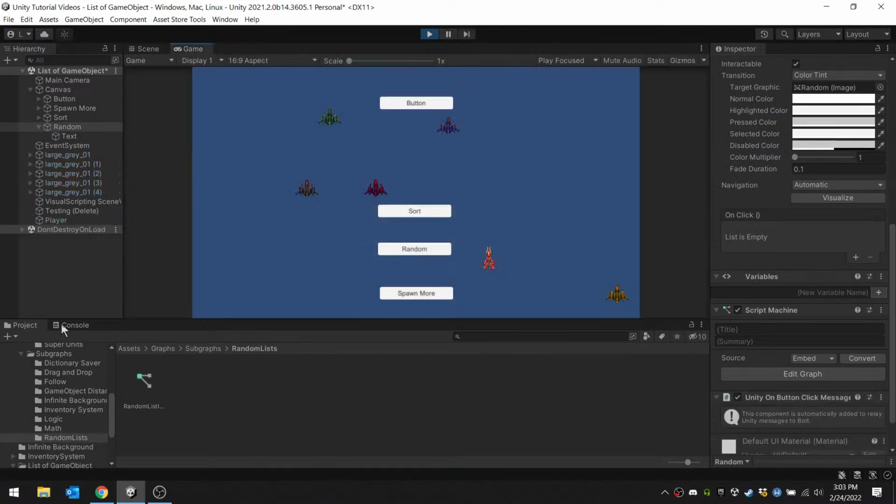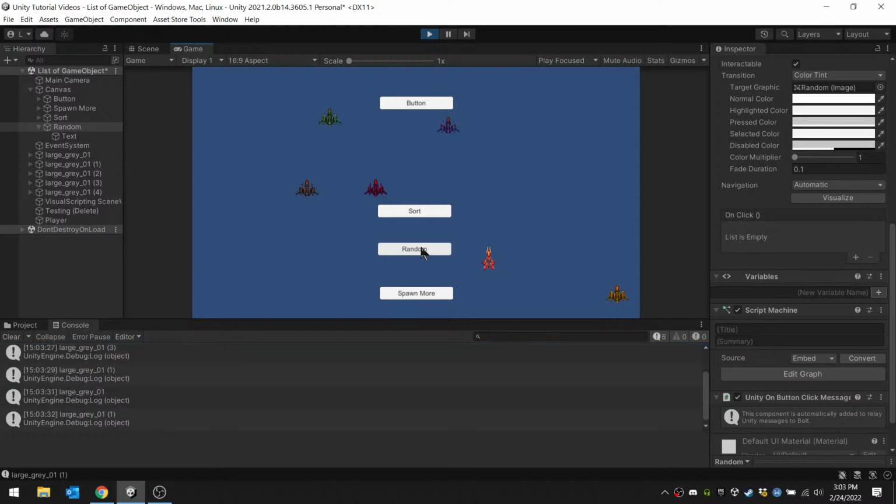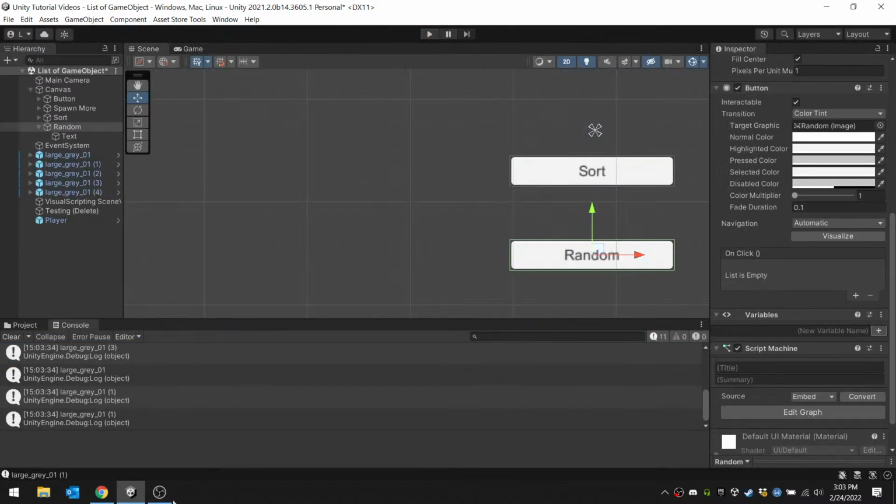Okay. Let's check our console. Let's hit the random button. Hey, 3. 3. 3. 1. Okay, so it is randomizing. Cool, okay, easy enough. All right, so that means we need to go in here